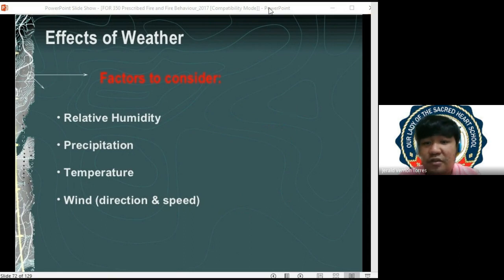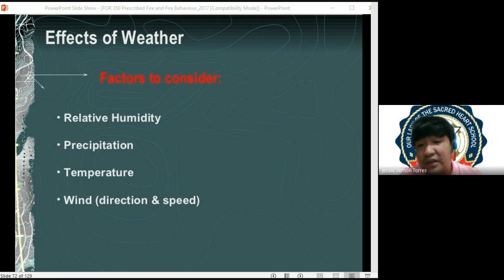In terms naman of temperature, of course, temperature has an effect, no? Pag mas mataas yung temperature, mas mabilis magkaroon ng ignition. Pag lower yung temperature, mas less yung capacity to cause ignition. Kaya nga pag El Nino, ulitin ko sa Australia, no? This is a very common disaster in Australia. Sa Australia, pag El Nino, very common ang wildfire kasi nga napakataas ng temperatures at napaka-dry ng atmosphere nila during that time. And because of this, there is a greater chance of ignition of fuels at this point.